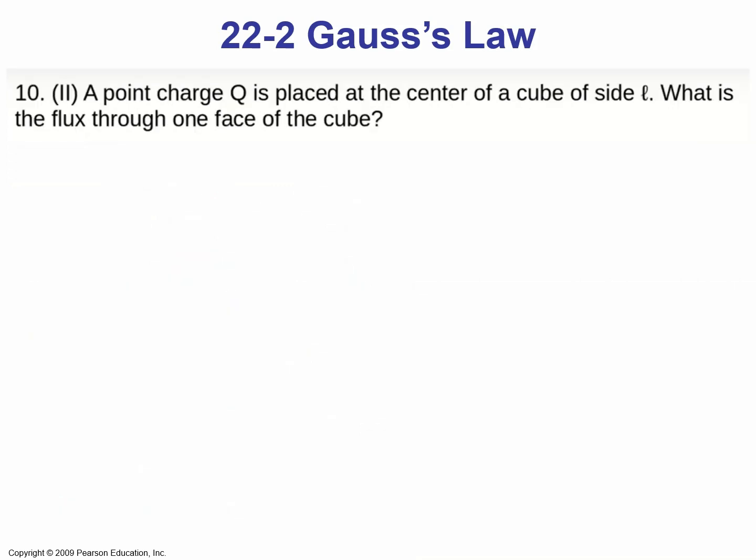Okay, now let's look at problem number 10 from the book as another example. A point charge Q is placed at the center of a cube of side L. What is the flux through one face of the cube? So if we have a cube, which is something like this, and we have a charge Q enclosed in that cube,